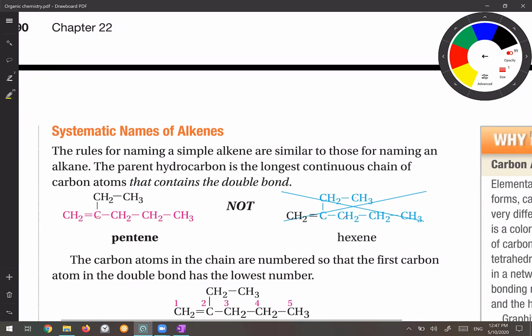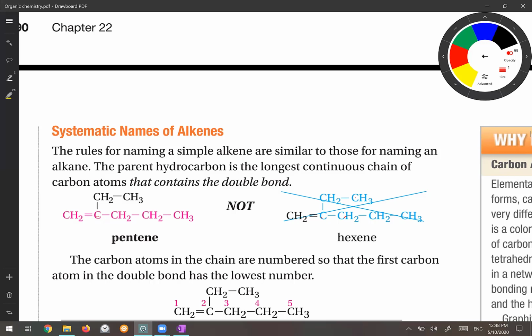So when they give you a hydrocarbon and ask you to name it, the first thing that you have to do is to check what you have. Do you have alkane, alkene, or alkyne? Here, because we have a double bond, it means we have the alkene. Okay, so how do we name the hydrocarbons? For the alkane, we have to find the parent chain, the longest chain, which is called the parent chain. But when you have the alkene and alkyne, it's very important that the longest chain that you choose must contain the double bond. So it means